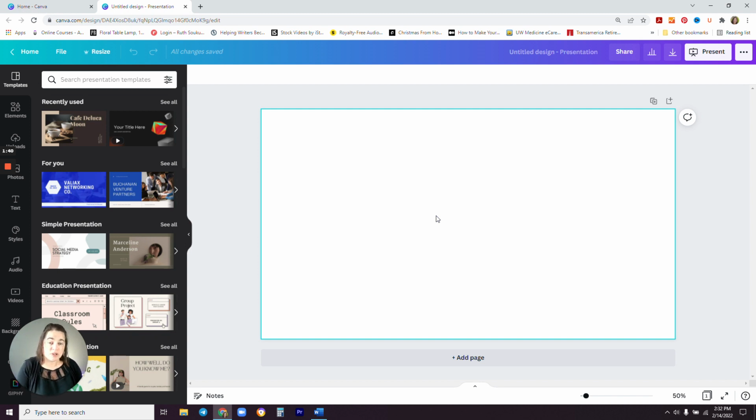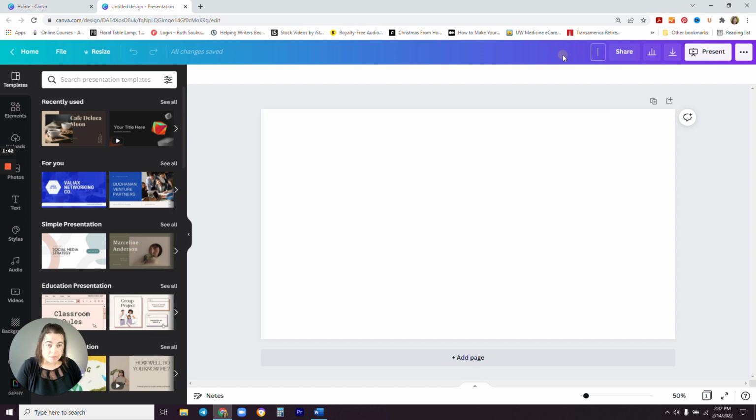So I do want to leave this white, but usually I'm going to give this a name. A lot of times what I do for these is I make a template, and then you can just change that template over and over again, so you don't have to recreate your overlay every single time. You can just make it one time and call it a day. So I'm going to call this overlay template